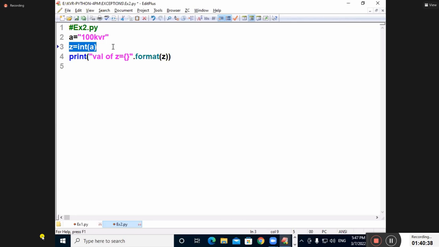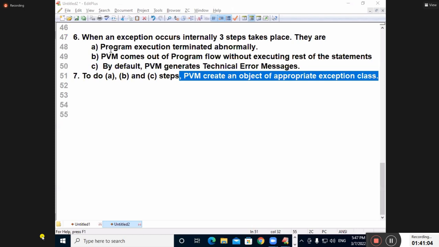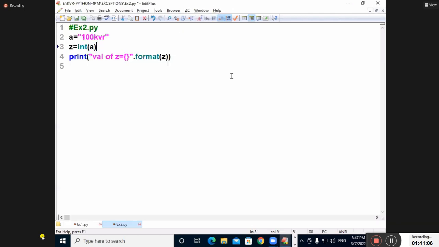Spell it out. When will you get ValueError? Whenever I am trying to do operations on invalid numbers or invalid number formats, you will get which exception? ValueError. Spell out, what is ValueError? It is a class name. See, Rohit, Samir, Rakesh, you have to write ValueError like this. I told you already, V capital, E capital. If a class name contains two words, all the words' first letters are capital. That is called Hungarian notation. Which notation?